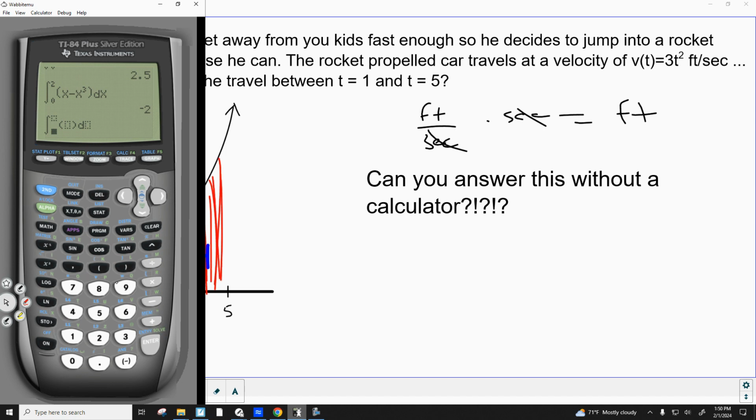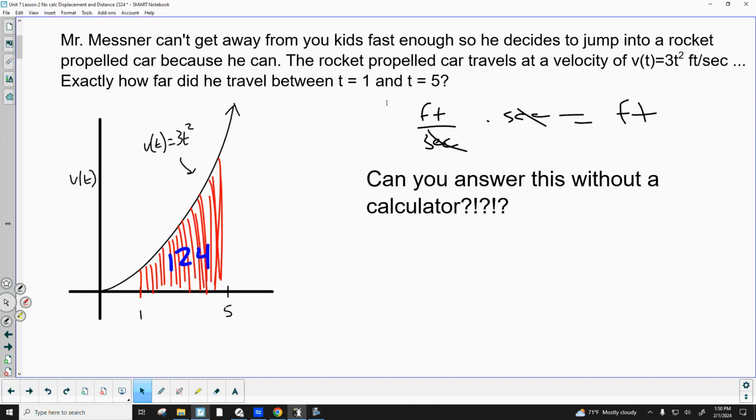Why? Because for hundreds and hundreds of years, thousands of years, as humans, we didn't have calculators. But we wanted to find accumulations of things. We wanted to find areas under things. But we did not have time to start adding up a bunch of these. We needed an alternate approach. In comes Isaac Newton. He makes a connection. And the connection